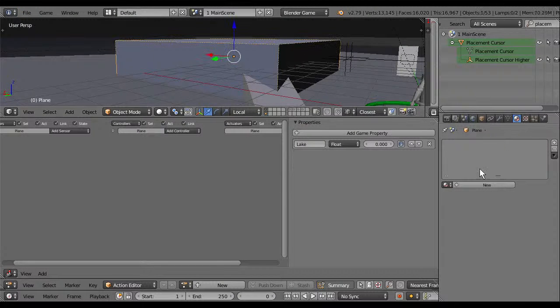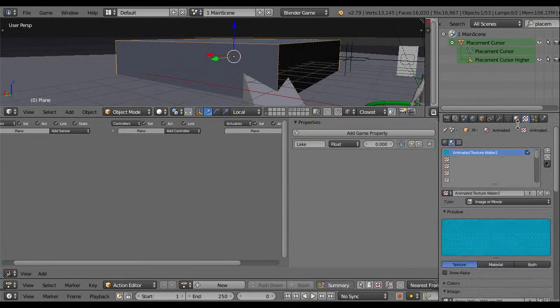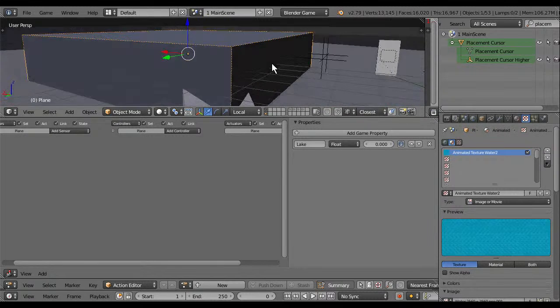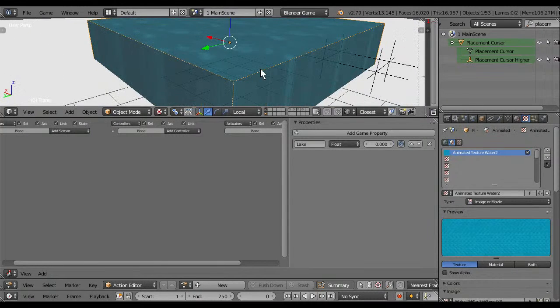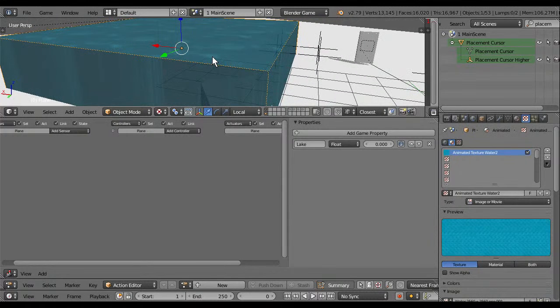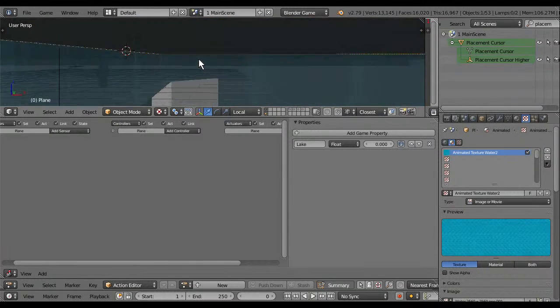I'm not sure how it has it. Material water. Does it have a texture? Yes, it does. It doesn't need to. Okay, that's awful, looks while inside.